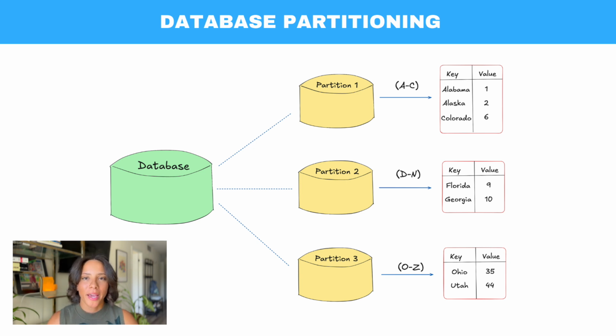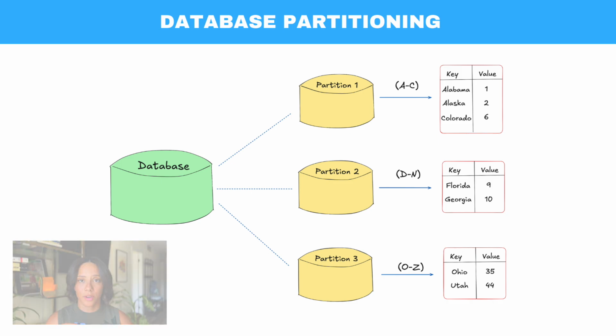A database can be made up of one or more physical servers. Database partitioning takes this data and splits different parts of the data onto different servers. So there's 2 major reasons I want you guys to remember of why we need database partitioning. The first reason is to improve the efficiency of our read queries. If we have our data partitioned into smaller sections, the amount of data that we have to sift through in order to find the data that we're looking for is a lot smaller, and it makes our read queries faster.